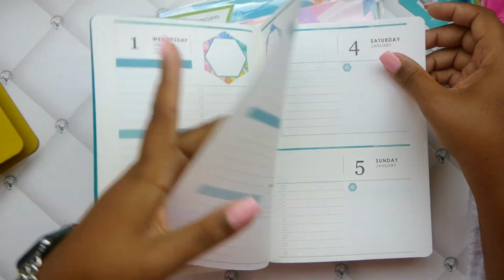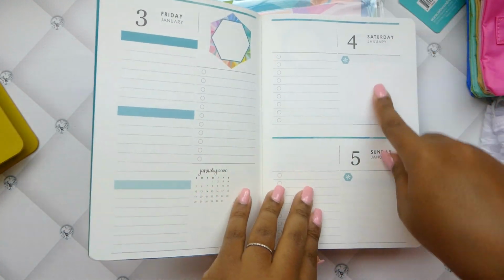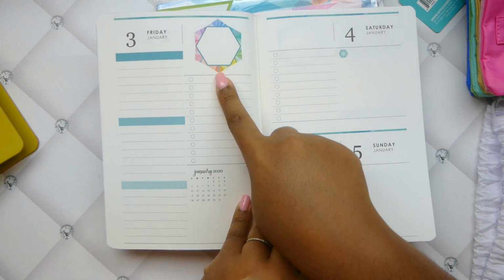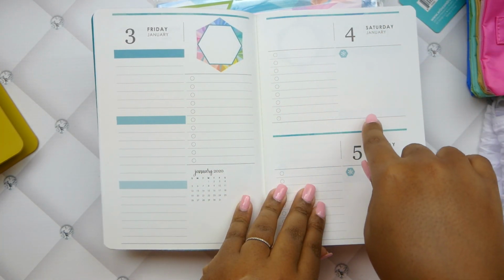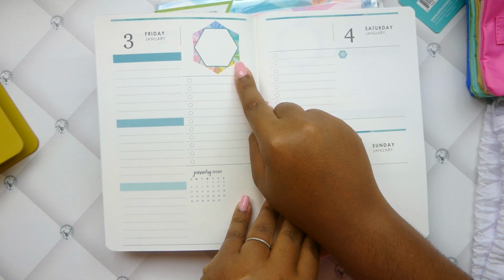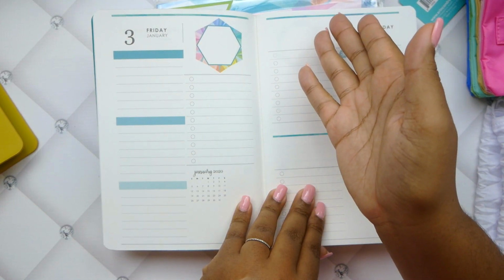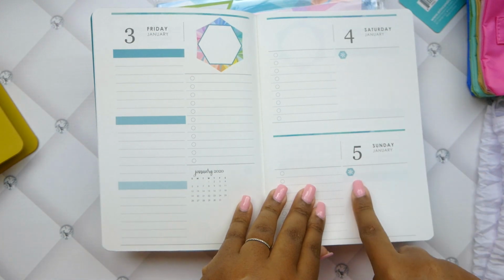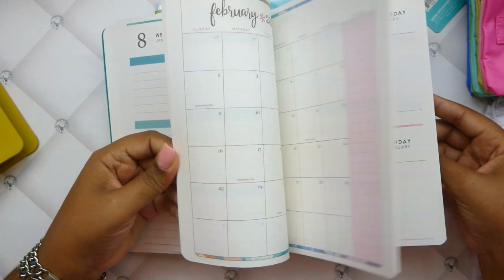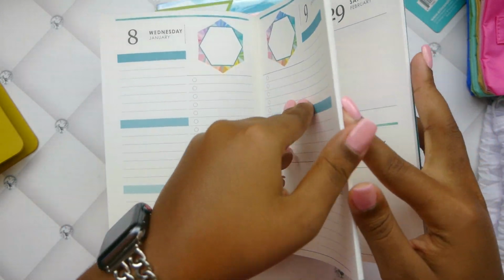But that is what that looks like, and then this is what the weekend looks like. So we do have the little hexagons. Well, that's not a hexagon technically. I mean, it kind of looks like one. What do you call that? No, you don't call it anything. That's a hexagon. I don't know what that is. I guess it would technically be a hexagon. Anyway, we do have the little hexagons on the weekends, and then the color scheme stays the same,